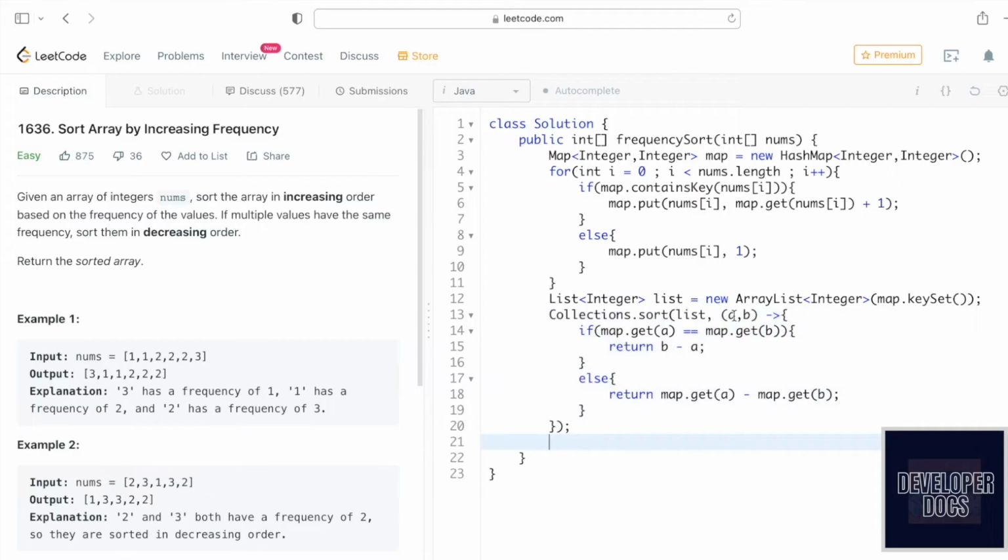Now that we have the list sorted according to us, we need to return an integer array, right? So let's convert the list into an array. I'm going to name the array as result. The size of the result array, you can use the nums array's length, so nums.length. Now let's iterate through the list using a for each loop. For int num